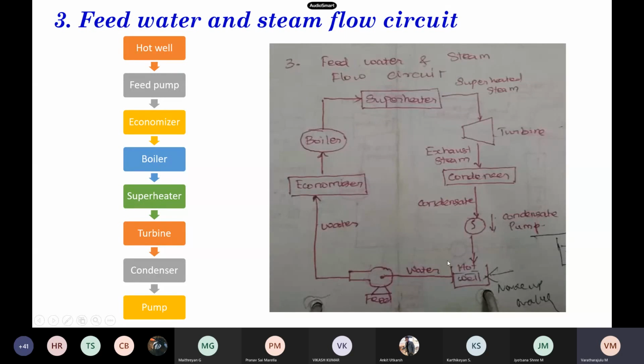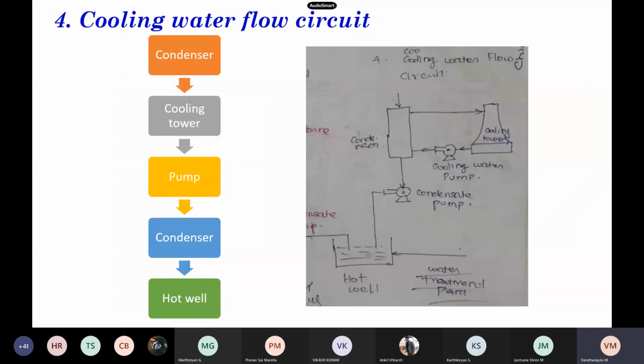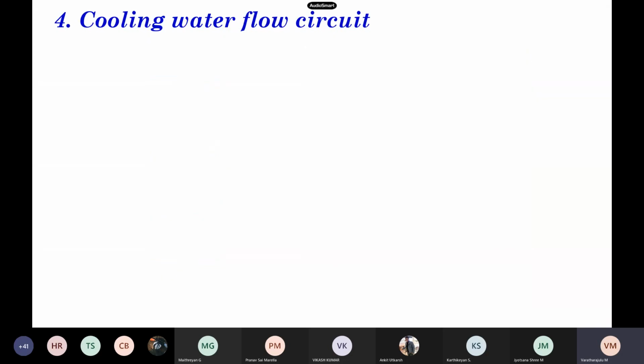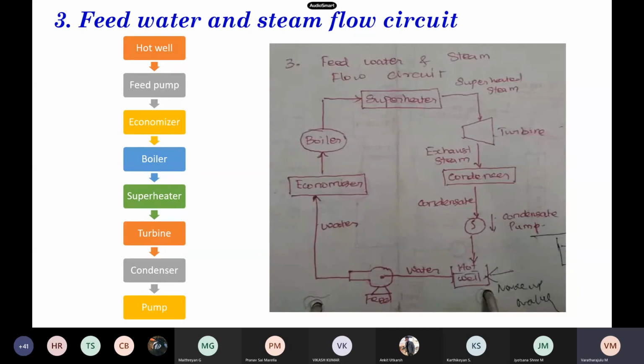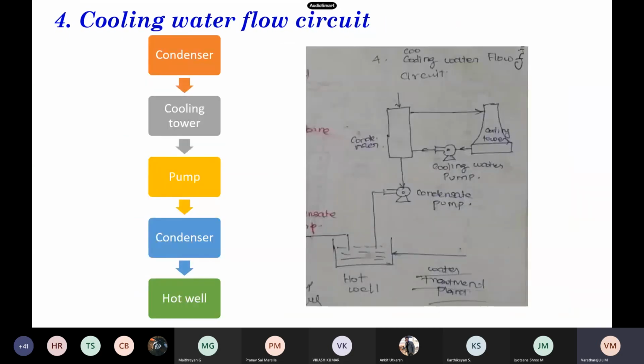We need to make up some water. Once the cycle starts working, the water level of the well gets reduced, and it has to be added in a cyclic way. And this is the cooling water flow circuit. In the condenser, we have the exhaust steam, and that exhaust steam has to be sent to the cooling tower,